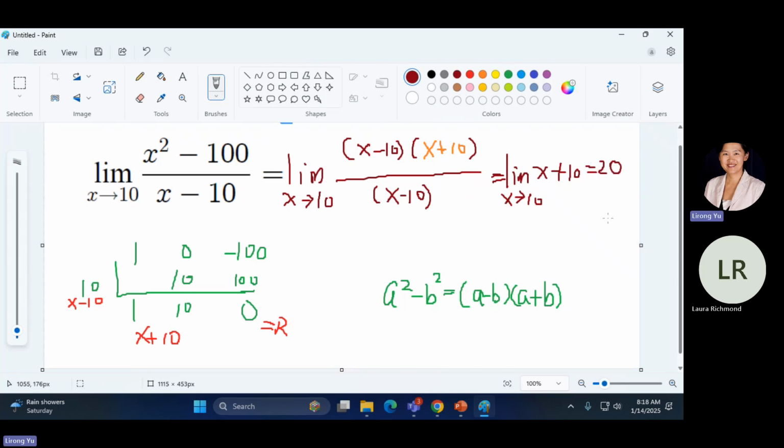This is an example where the limit is being calculated using an analytical method instead of a numerical method or graphic method. Any question? Right, so the answer for this question will be 20. As you can see,